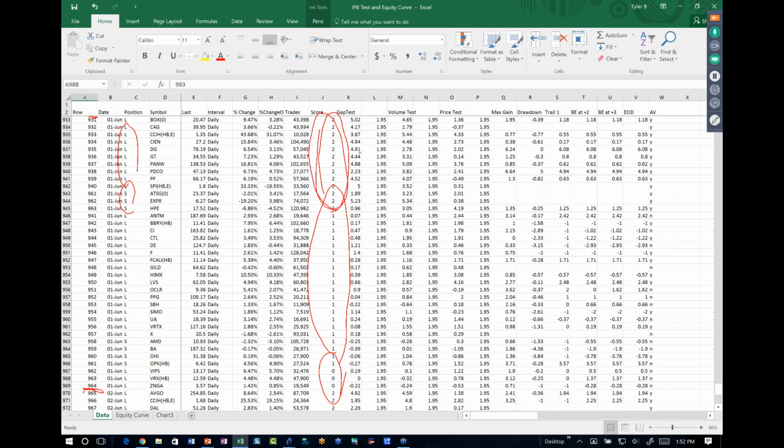All right. Now then I calculate some statistics. I calculate abnormal volume, I calculate abnormal price, I calculate the max drawdown and the max gain of those trades. I calculate the reward for risk earned using different exit strategies. So here's the trail by one exit strategy. Here's holding until close but moving a stop up to the break even if you hit 2 RR.